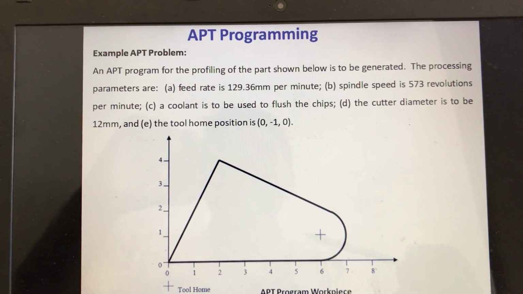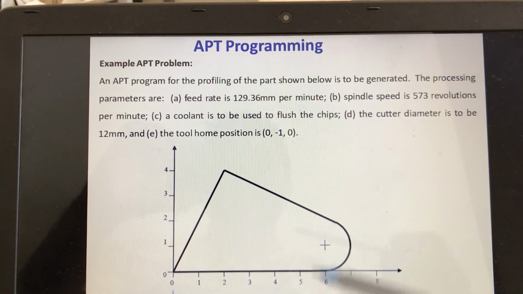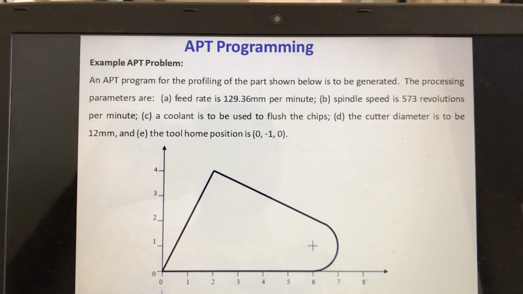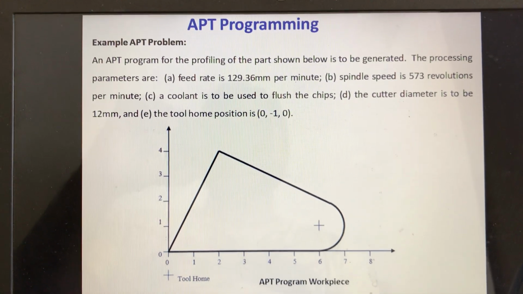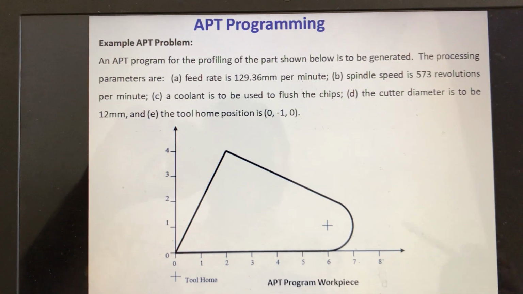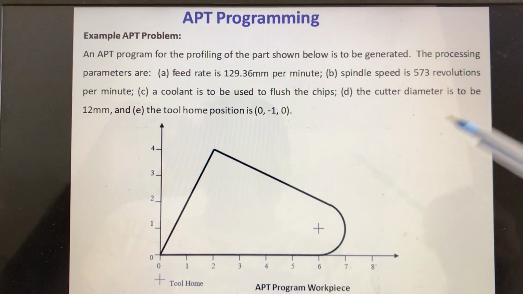of the commands. It has inclined lines, it has a circle also, so we will come across the tangent options, we will come across intersection options, and we come across the starting point and all these things. So this is a simple example and the best example to make students understand. So let us see the problem.